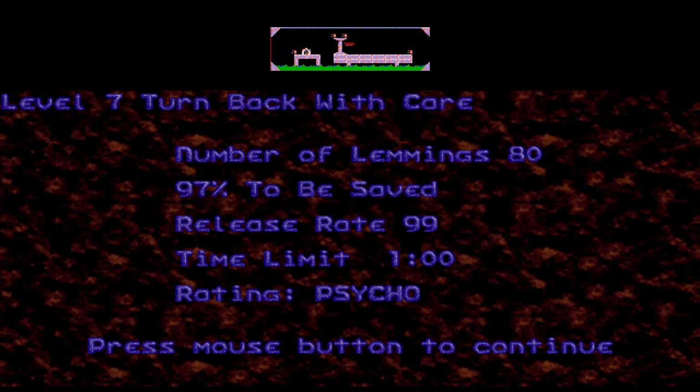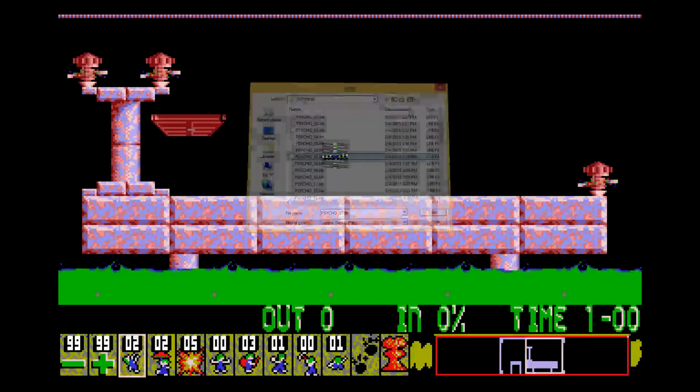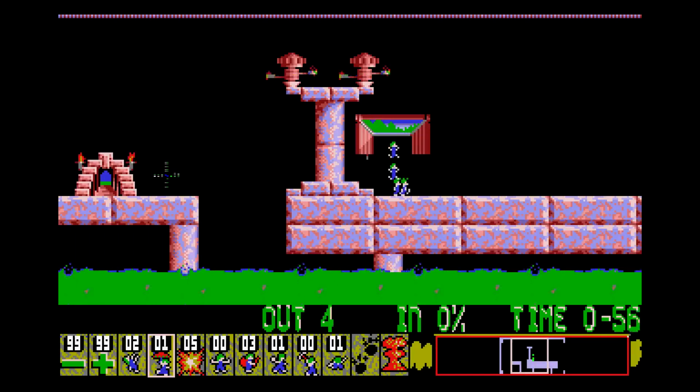Okay, so that's it. We're on to level 7, which is Turn Back With Care. So it's a short level, it's a 1 minute one. You can lose 2 lemmings. And as you can see, this was sort of like a level that I just threw together and saw what I could do with it, but